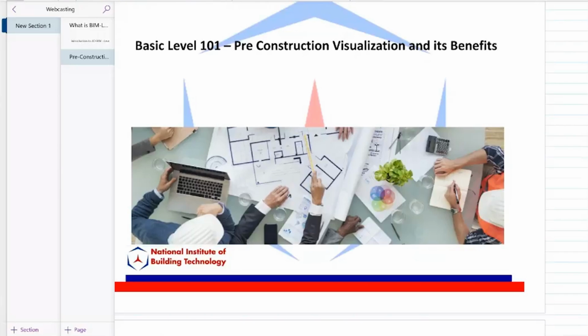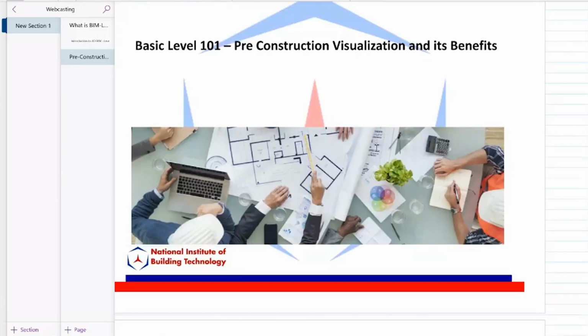So I'll ask you a question. How many people know the construction industry in India and how the workflow happens? So what is the first step? If you are a project, and we're not building a small house, if you are the owner of the company and you want to start a project, let's say you want to build a hospital, for example, or a big residential project, what is the first step you do?